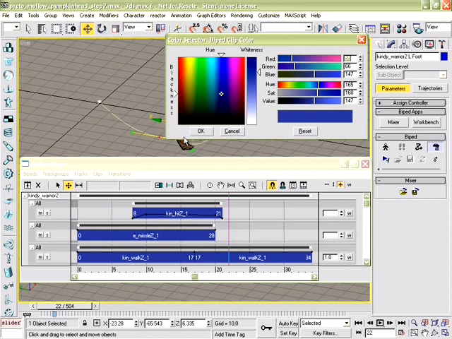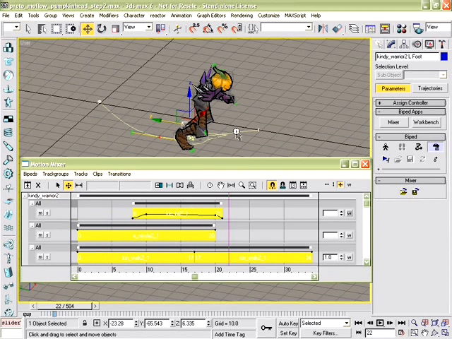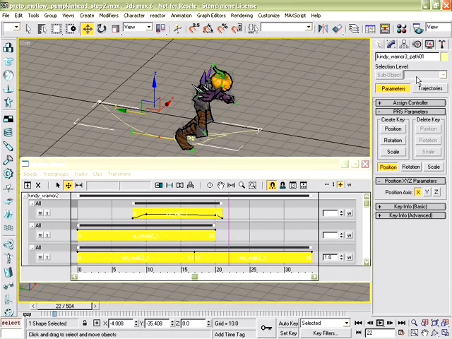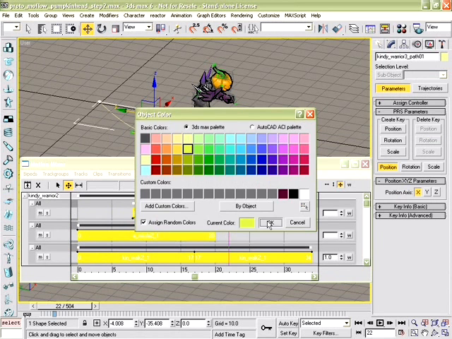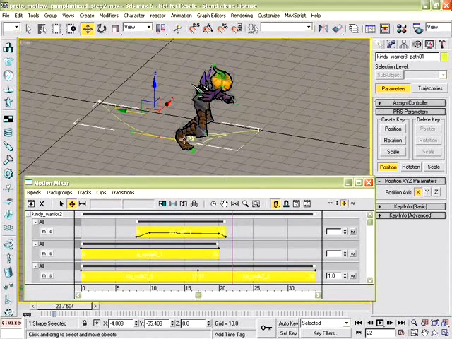So I'm going to change the track colour to yellow. And that allows me to sync up with this yellow spline here. Just make that a bit stronger. There we go. So now we have a yellow biped, yellow spline, yellow markings. So it's all very easy to keep track of when I start adding lots of characters, which I'll do in